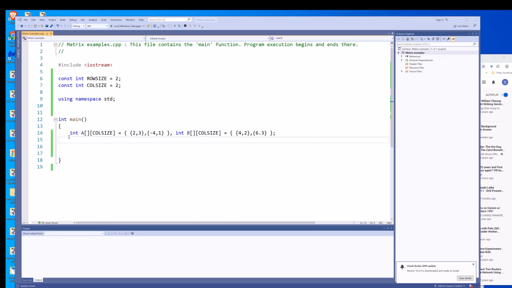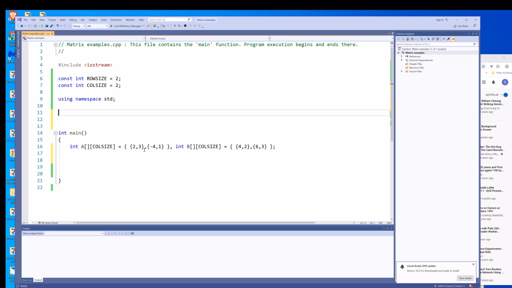Okay, so I just created two 2 by 2 arrays, and I specified the column size. I could put the row size in there if I wanted to, but I didn't need to. Okay, so here's my 2 arrays. And let me just make this comma 3. So here's my value. So these are integer arrays, 2 rows, 2 columns. Okay. All right, the next thing I want to do is I'll go up here and I'm going to create